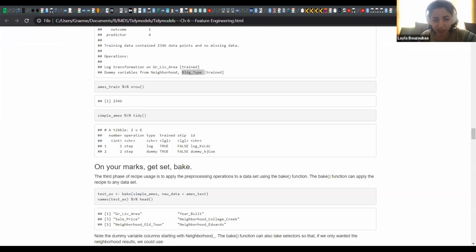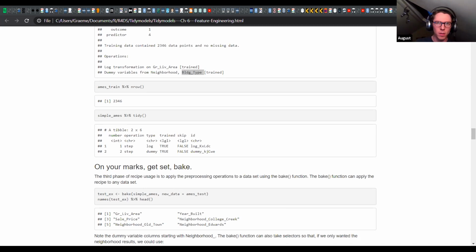I wanted to actually see the data set, but what they have done in the book is they just ran prep and then they did nrow. Oh, sorry, that was bake. Sorry, I am just all over the place. Anyways, but yeah, once you assign it back, once you've prepped your recipe, then you can see all of the stuff that's been done. I think the interesting thing here is, can you see my